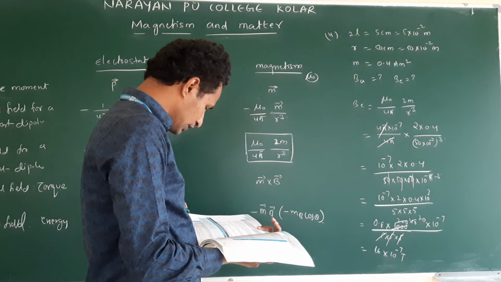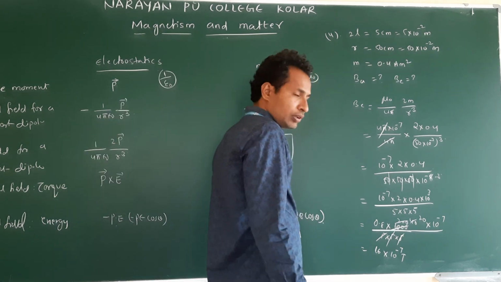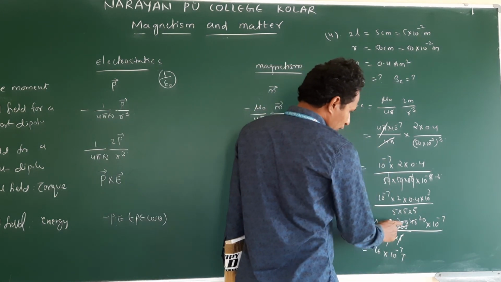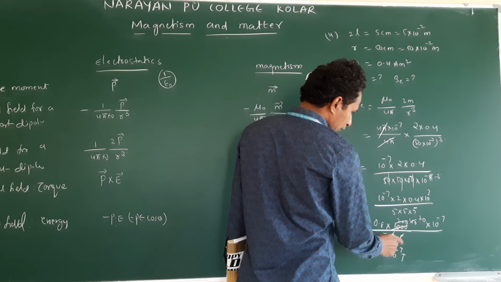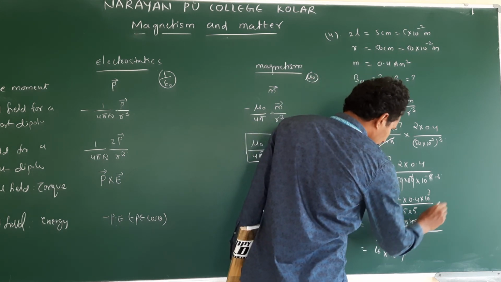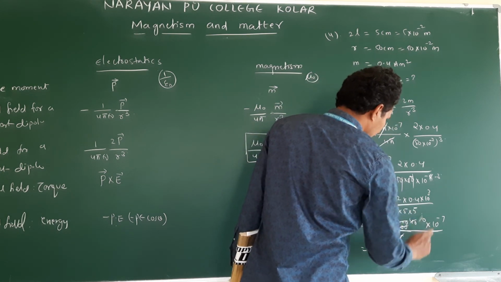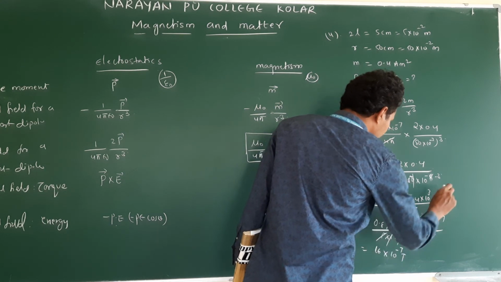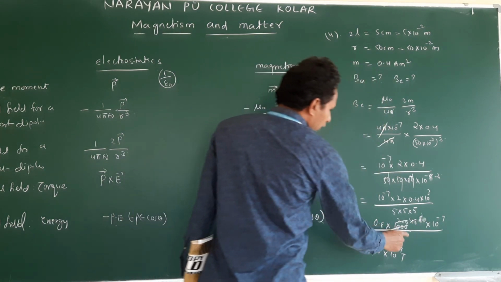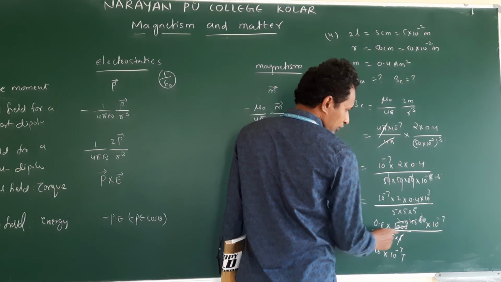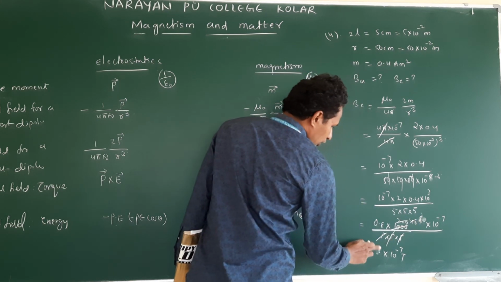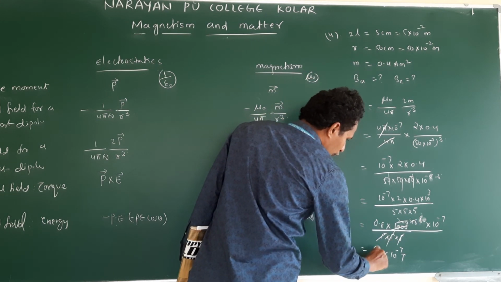Let me check on this. Okay, here the calculation: 200, next 40, this is 80, this is only 8. Clear? The first 5 is 200, the second 5 is 40, the next is 8 times. So this is 6.4 Tesla.